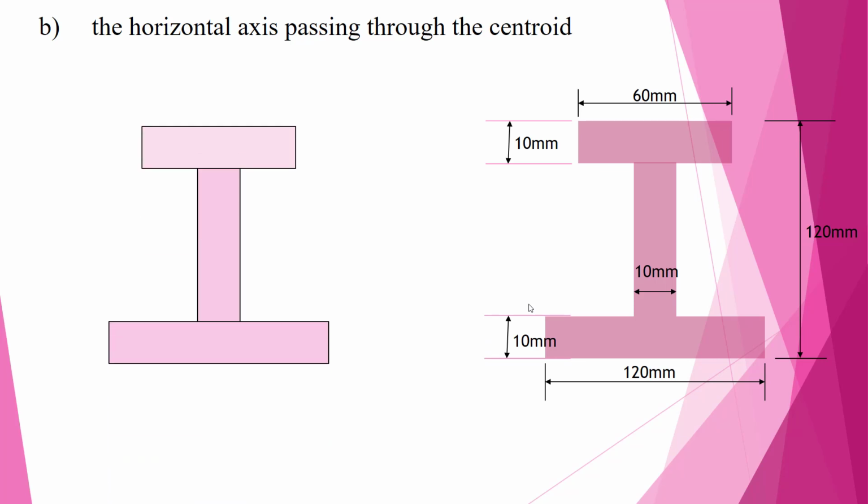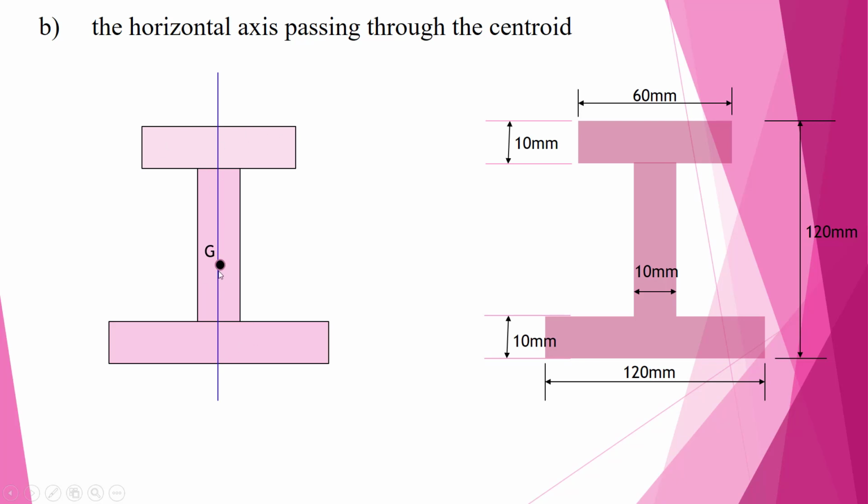So here I have drawn the I section. Then we need to draw the reference axis. So if you want to draw the reference axis, we need to know the centroid of this I section. So I am going to draw a vertical line passing through the center of the I section like this. So you can see that the I section is symmetrical about this line. That means CG lies anywhere on this line. So it can be anywhere on the vertical line, right? So I am going to assume that G is somewhere here. So G denotes the centroid of the I section.